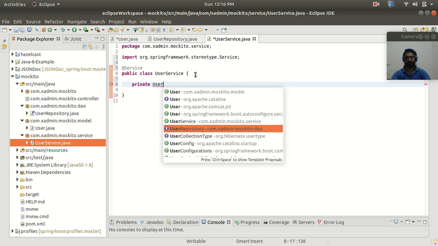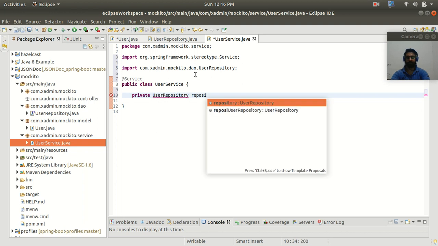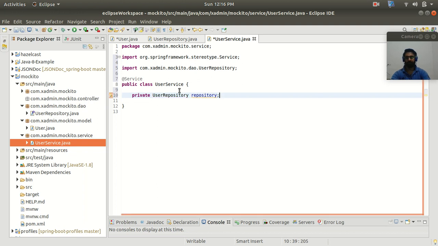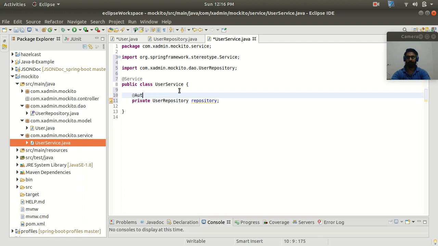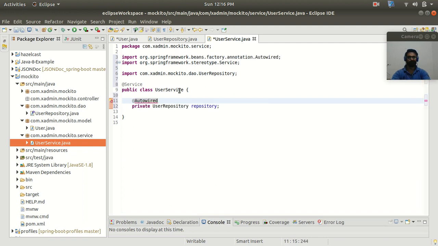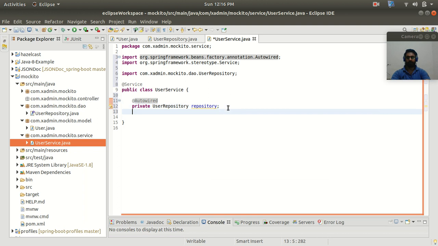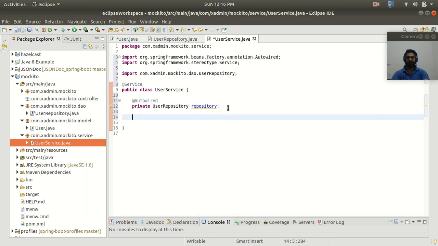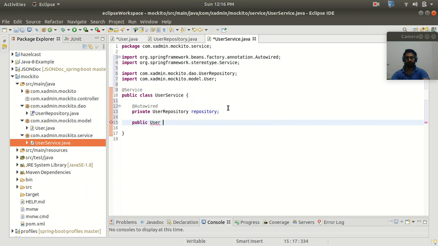User repository. So annotate this with Autowired. And now I'm going to create a method to save a new user object to my MySQL database. So public, and here I will keep this as a user, save user.